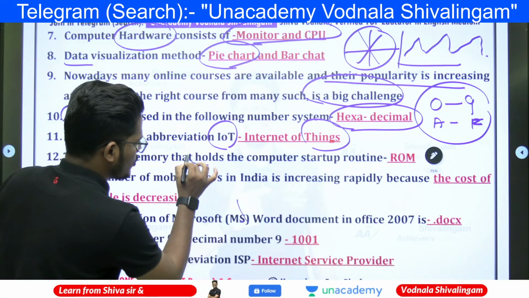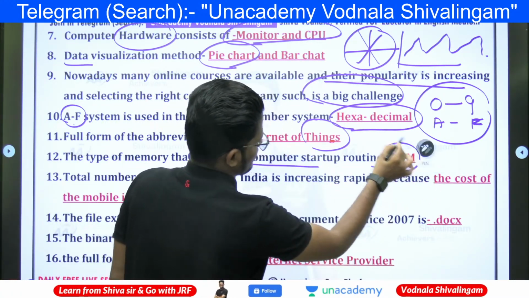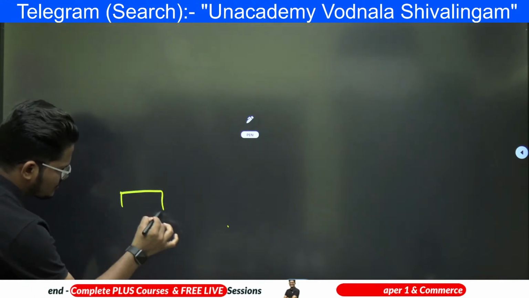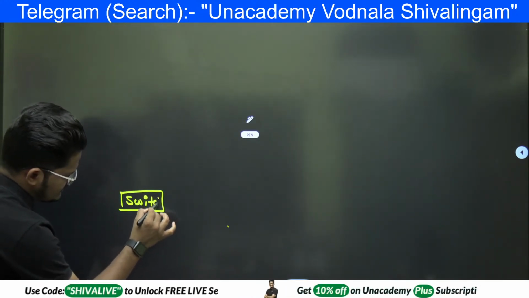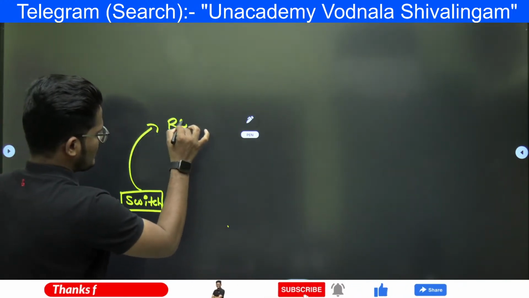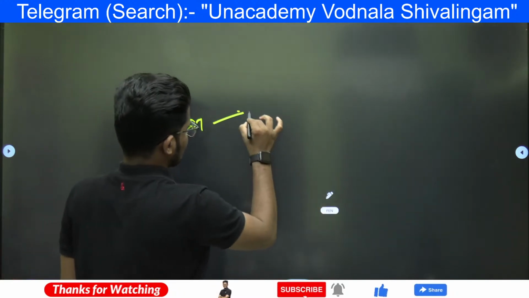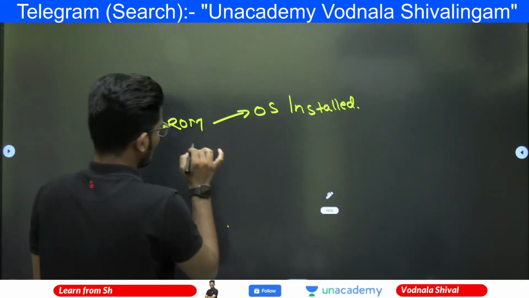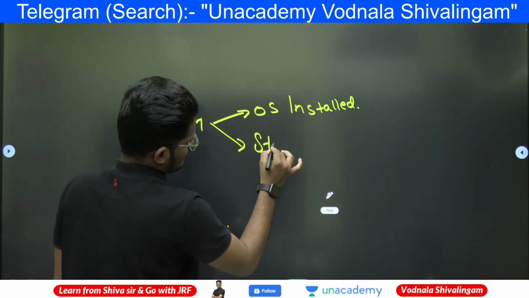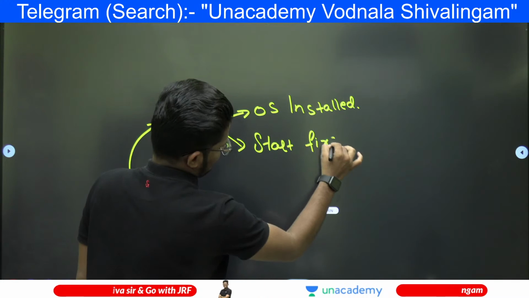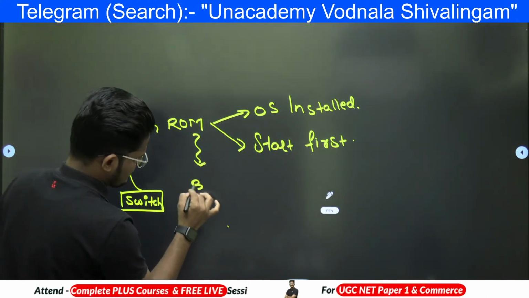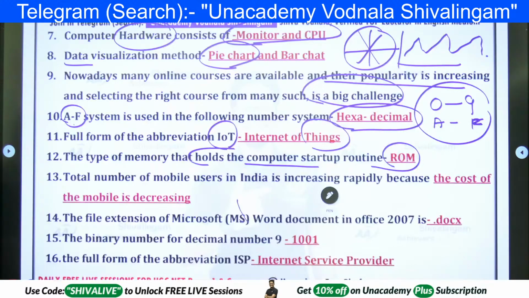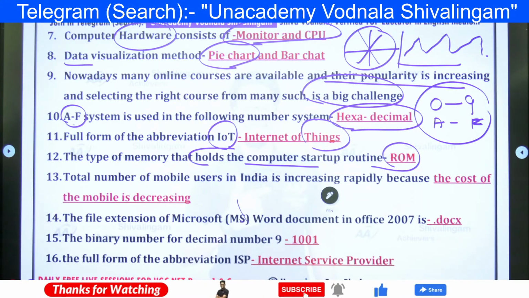The type of memory that holds the computer startup routine is ROM. Whenever we start the computer, the moment that you switch on the computer, the memory which will first get activated is that ROM. And in this ROM only, the operating system is installed. This is the ROM which will start first, and this is called as the booting system also. Bootstrap, right? Booting. Next one is that,